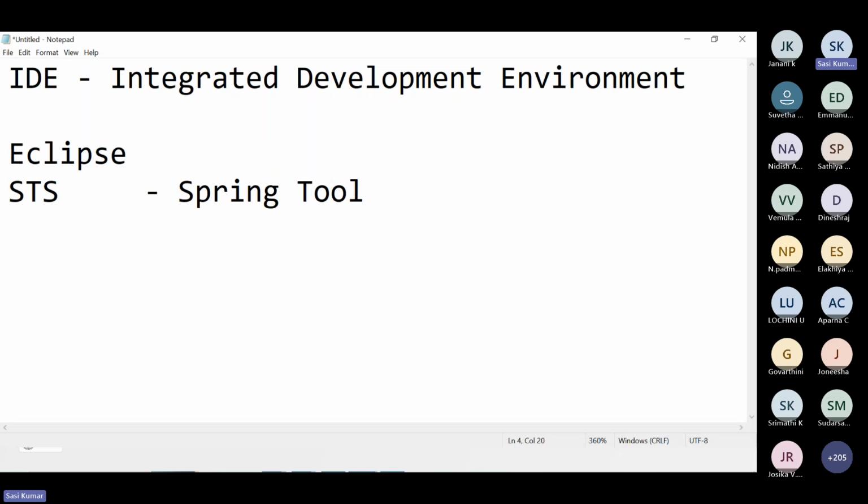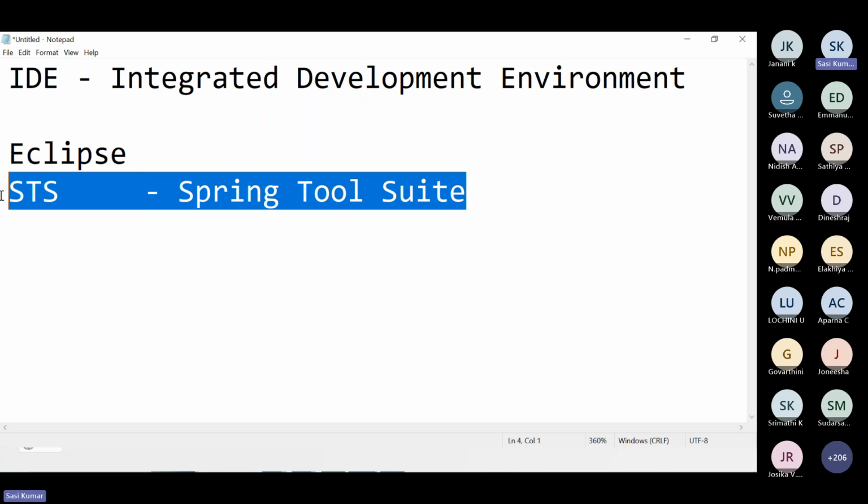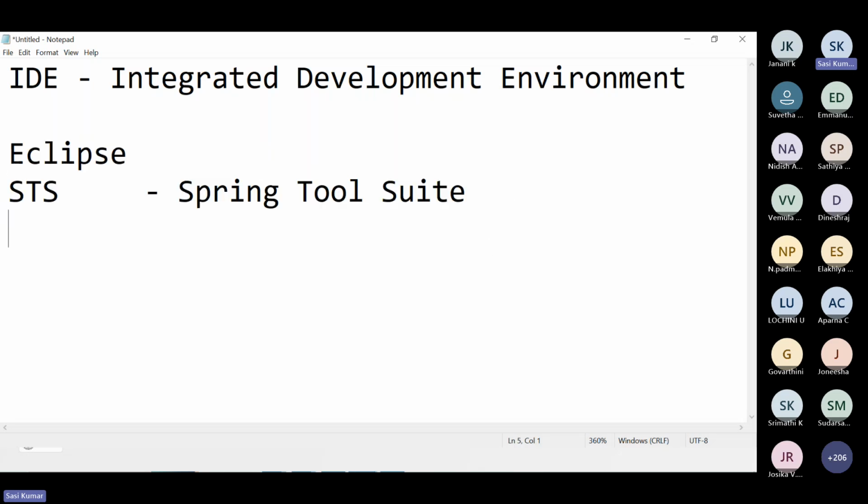The Spring developers took Eclipse, which is open source code, and on top of Eclipse they developed Spring Tool Suite. This is to support enterprise applications, Spring Boot applications. Then there is another IDE called IntelliJ, which is also one of the famous IDEs. I have used IntelliJ, STS, and Eclipse.